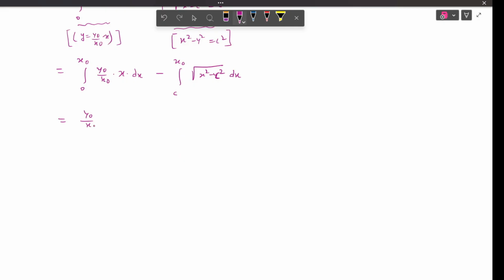Y naught by x naught into this is x square by 2 from 0 to x naught. If you put the value, you will get x naught square by 2 minus,